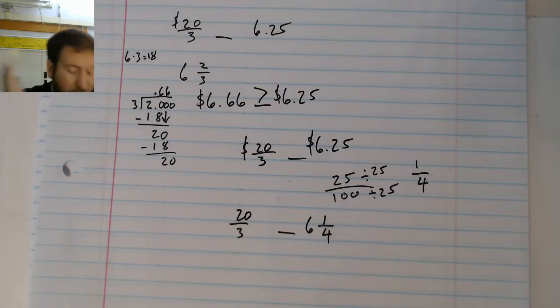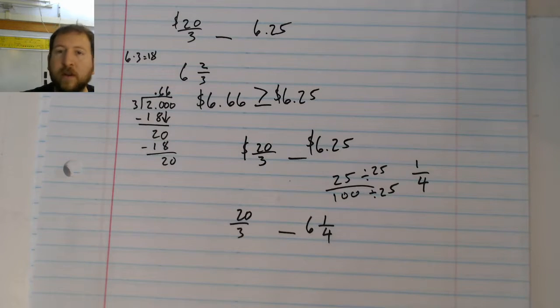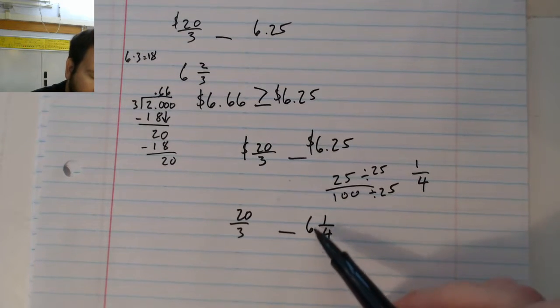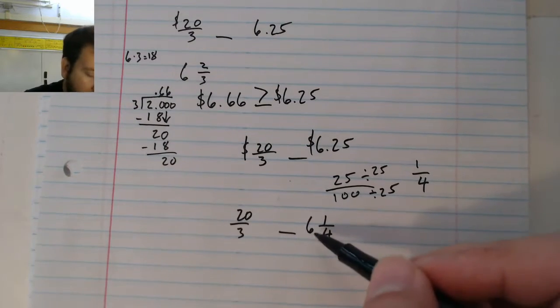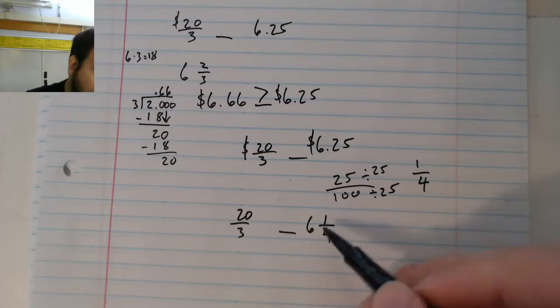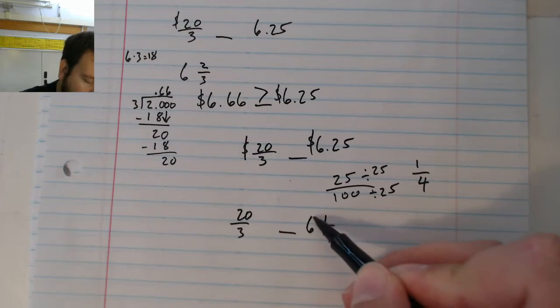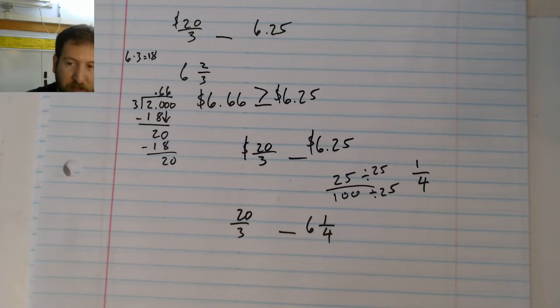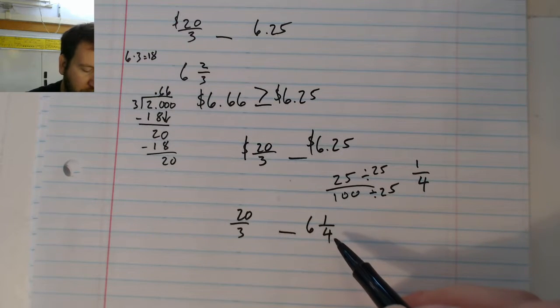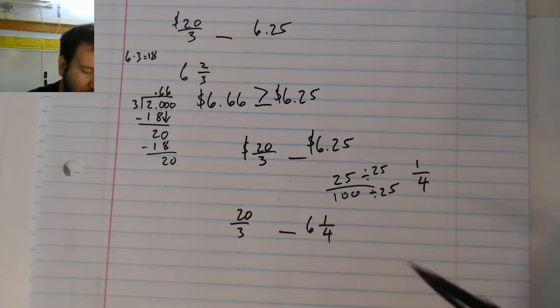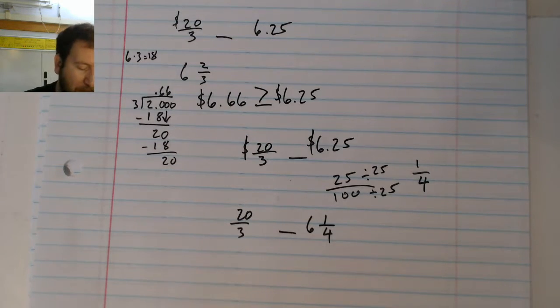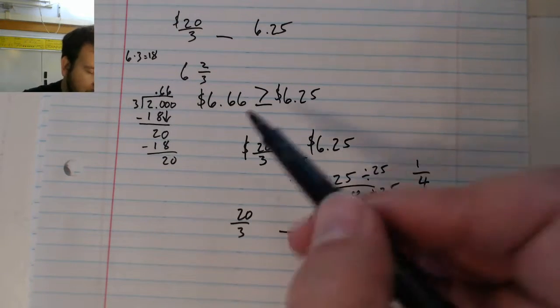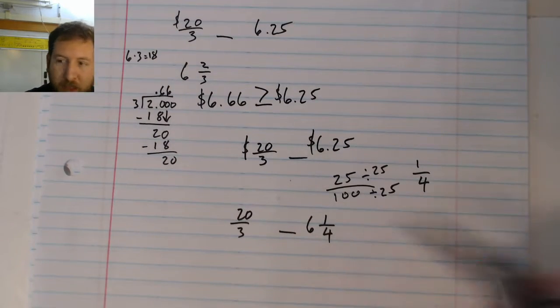Well, now the problem is I have a mixed number and a fraction. So I am going to have to turn one of these into an improper fraction so I can really look at them. Since I've already done this, I think the easier way might be to turn this into an improper fraction, actually. So to do that, I'm just going to multiply my number out here by the denominator. 6 times 4 is 24. Actually, that's not going to be very helpful, is it? Because now I have different numbers on the bottom. It is trickier to go this way. It seems like going to the decimals is likely your best option,